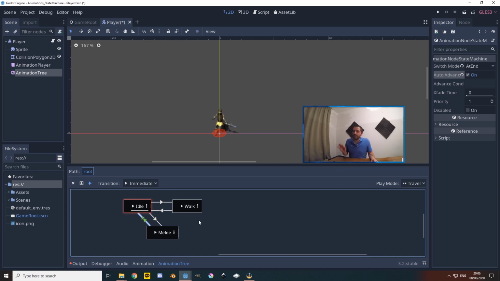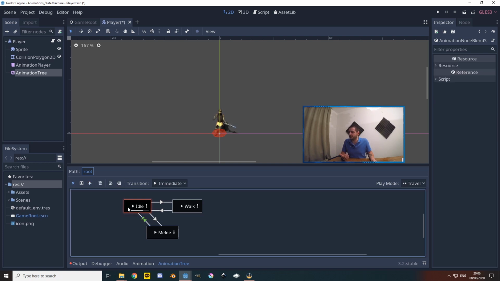So now that we have defined all the travel paths, the final thing we can do is, with the idle animation selected by clicking in the box, we can also set the start animation. So select it again. Here we have a toggle, autoplay this animation on start. So whenever we load the game, we start the animations off in the idle blend space, with the idle animations loaded in. That's like the last thing we can do here.